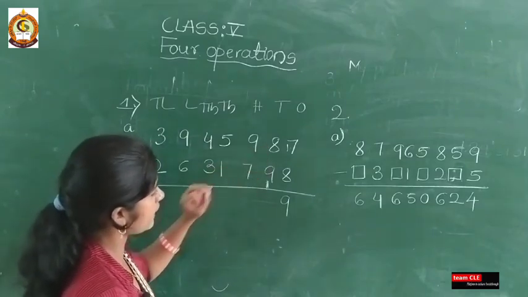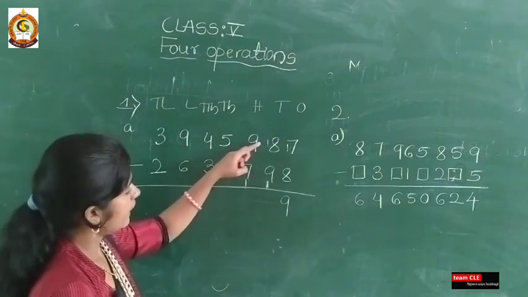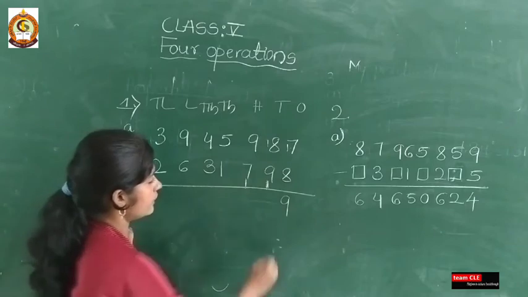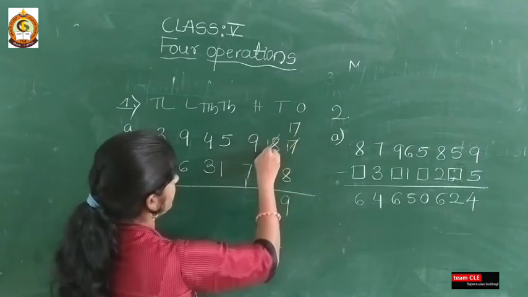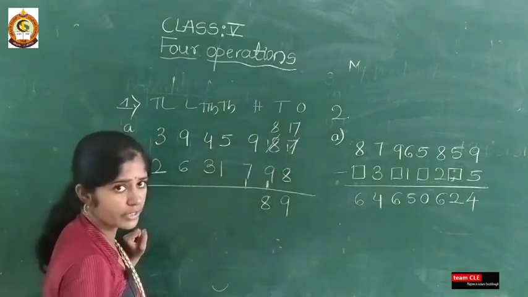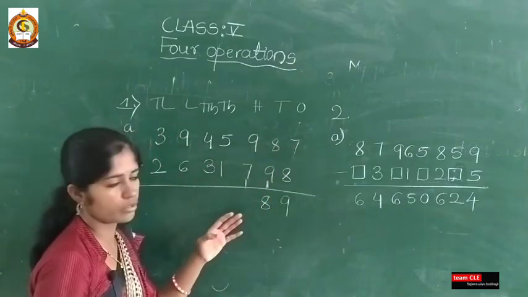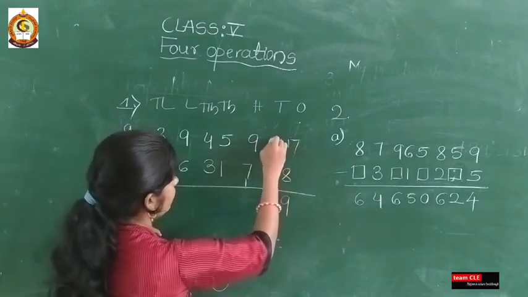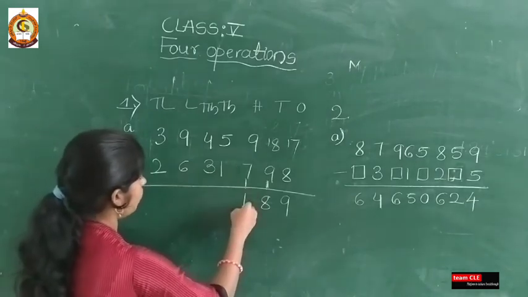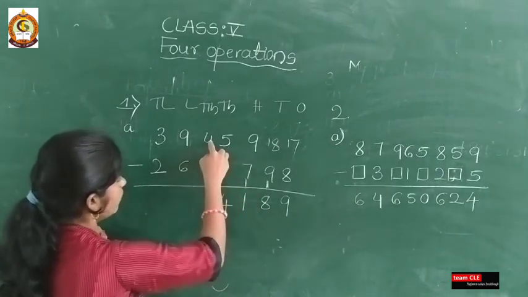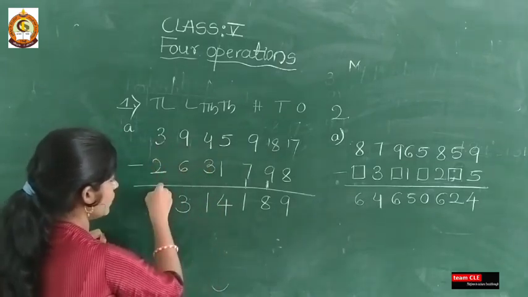See here, 8 minus 9 is not possible. Again you take carry and it becomes 18. Yes, 18 minus 9 is 9. 9 minus 1 is 8. Yes, if you are doing it like this, with 17 and this 8, that is also correct. No issues if you follow that method also. But try to solve and practice this kind of examples. Practice this method. 9 minus 7 is 2, 2 minus 1 is 1, 5 minus 1 is 4, 4 minus 3 is 1, 9 minus 6 is 3, 3 minus 2 is 1.